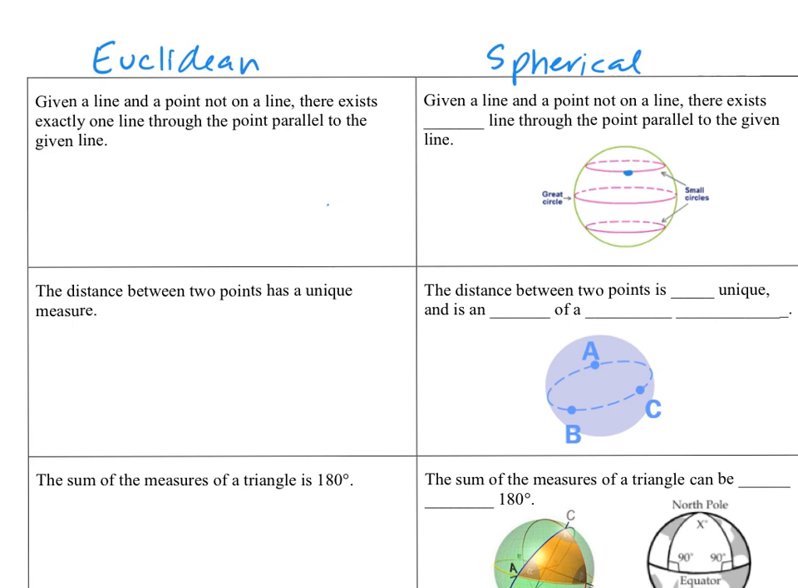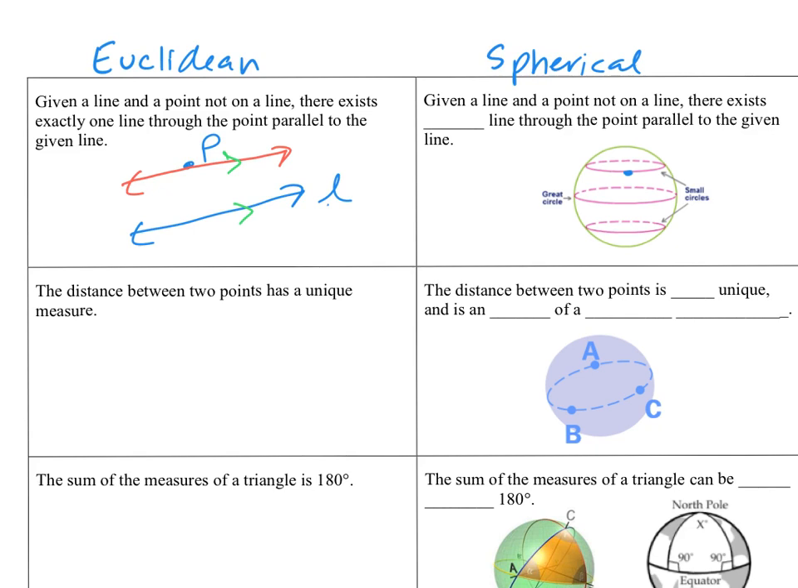Now that postulate was called the parallel postulate. So let's just draw a picture of it. So let's draw a line. Let's call it line L, and then a point not on the line. The parallel postulate says there exists one and only one line that passes through that point that would be parallel to the given line. Okay, so